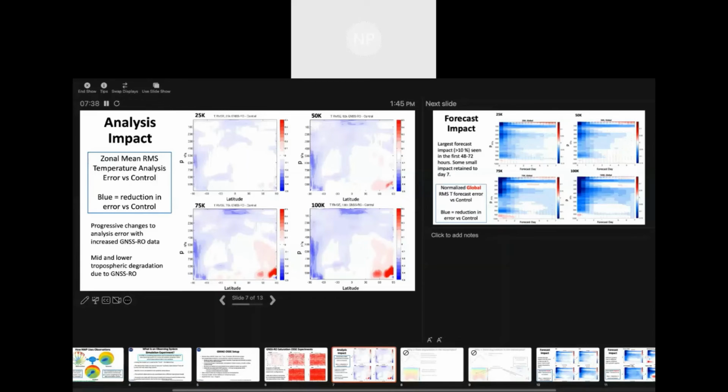So we're definitely having an improvement in the temperature in the upper troposphere, in the lower stratosphere, and in much of the southern hemisphere, but we're actually seeing a degradation in the temperature in part of the northern hemisphere. And there's 2 things happening in the northern hemisphere. One of the things, the big dark red blobs that you see down in the lower troposphere, is something that occurs only over